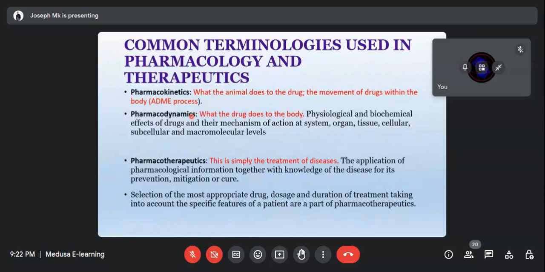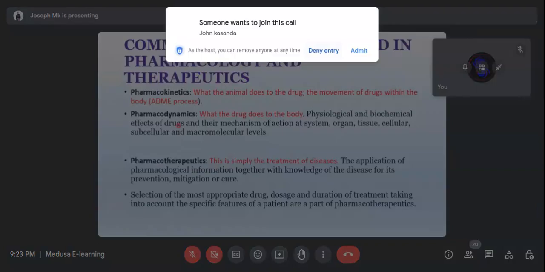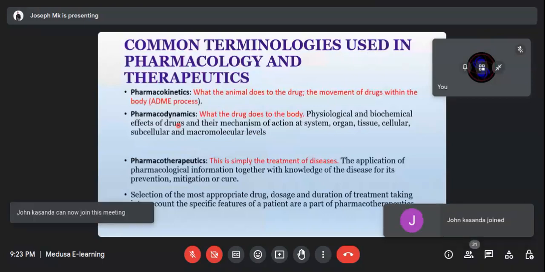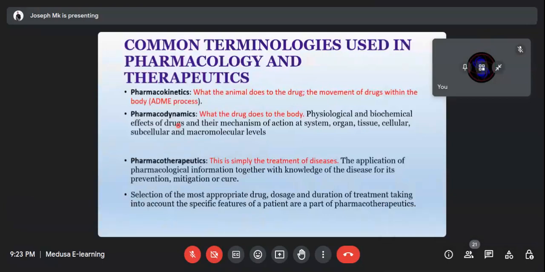We are going to get to know more about it once we start pharmacokinetics as a topic on its own. Then from there, the next terminology we should be familiar with is pharmacodynamics. Pharmacodynamics, just like pharmacokinetics, is also made up of two words. The first is pharmacon. I'm sure by now, we've been mentioning it several times, and you are familiar with it. It's simply a drug. Then dynamic is simply the power. So if we put these two words together, we're simply going to say this is the power of the drug.